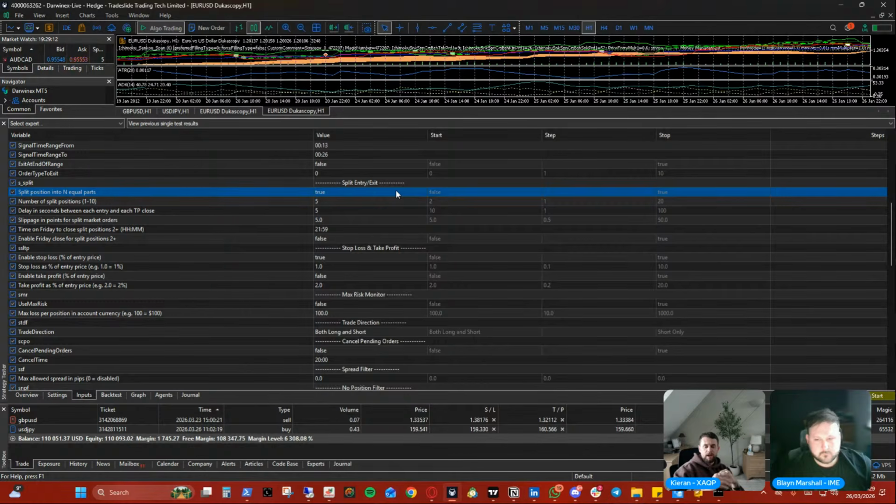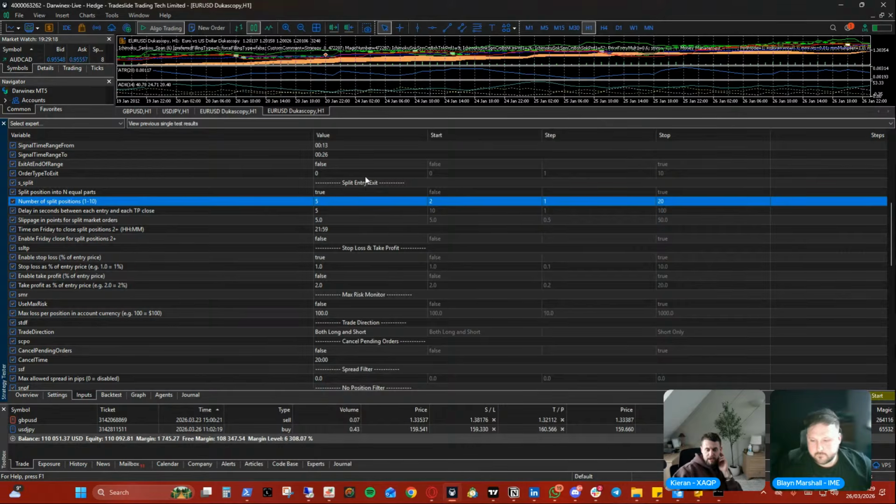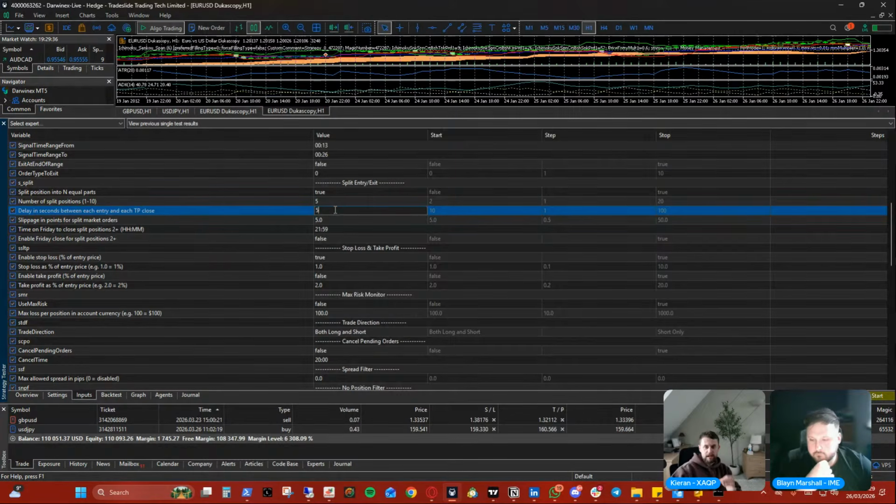And the reason that splitting orders is so important is because we can add a delay between the entries. So you can see here, I am splitting this, and this is just an example system that I have, and it is on XAQP. So I put a number of split positions and I've set it into end positions on the strategy. So I can choose between 1 and 10. So you can see I've split it into 5 and with a 5 seconds delay. So the first position will fire based on the criteria of the strategy. After that, every 5 seconds, the system will fire the second entry, the third entry, the fourth entry, and the fifth entry until it has 5 entries active on that trade, or 5 positions on that trade.